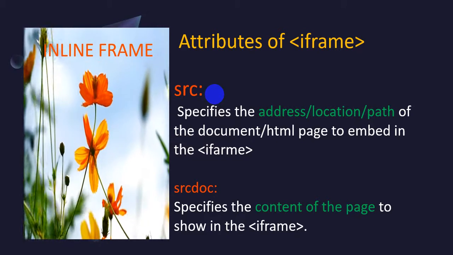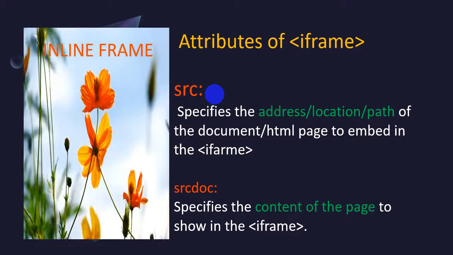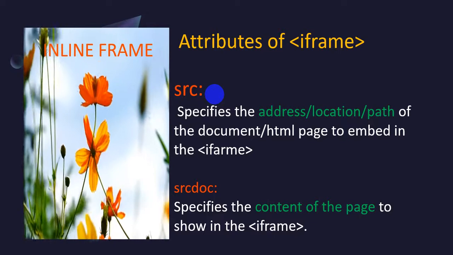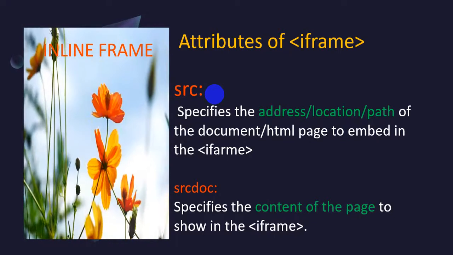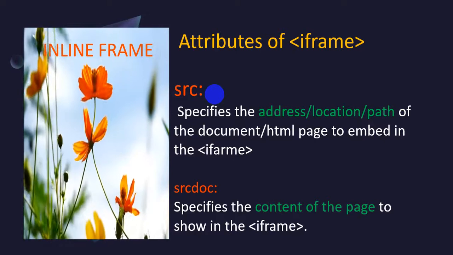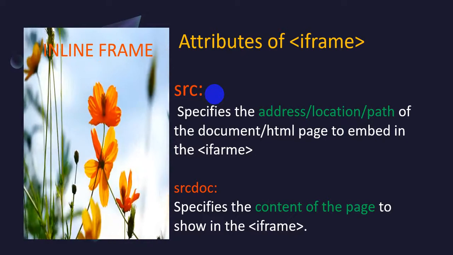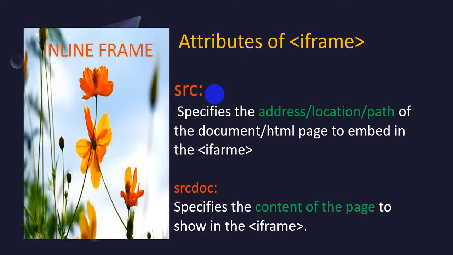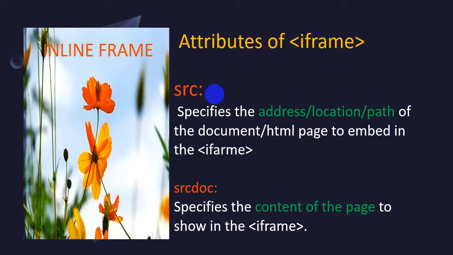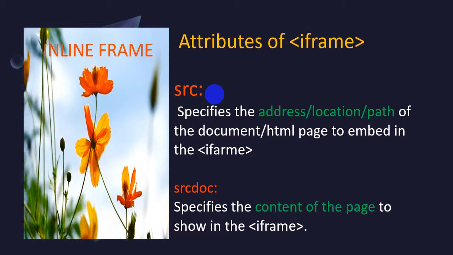It is a very self-explanatory attribute. If you are going to insert any image, or as we have seen in our previous lecture, any audio file or video file, the src attribute is something you need in all cases, because inside src you have to write the address of the file you are going to embed, whether an image, audio or video file. You have to write the name and address of that particular file. So we are going to insert a whole page.